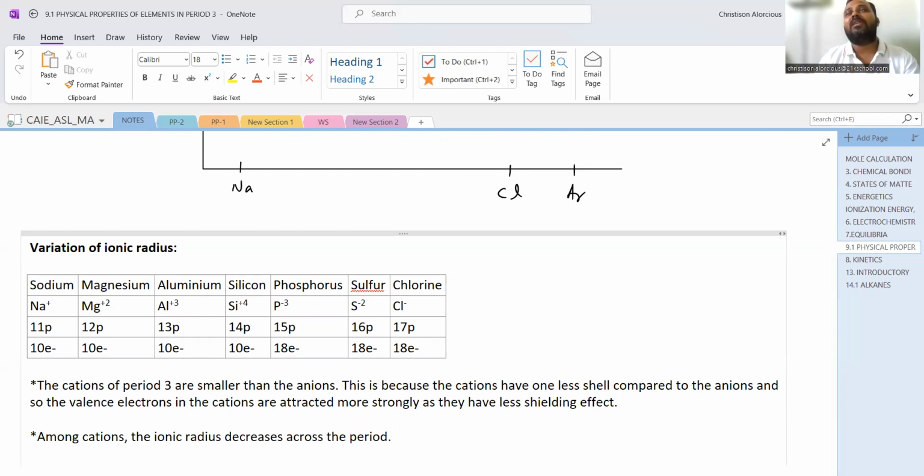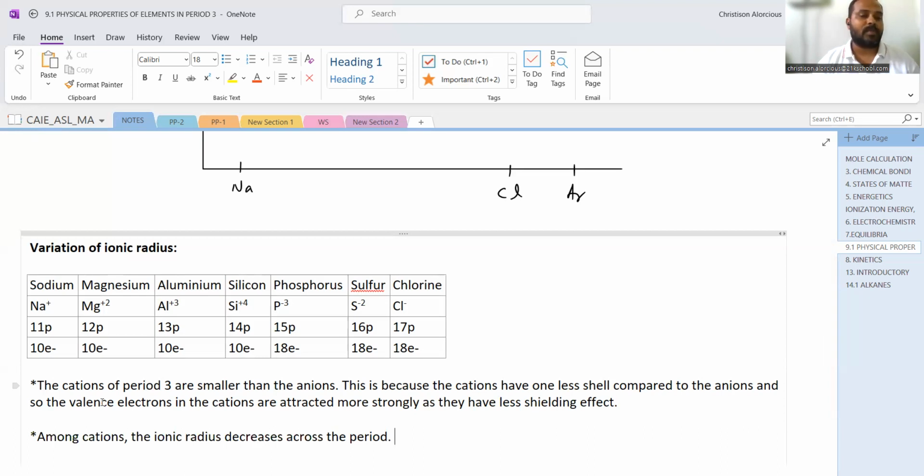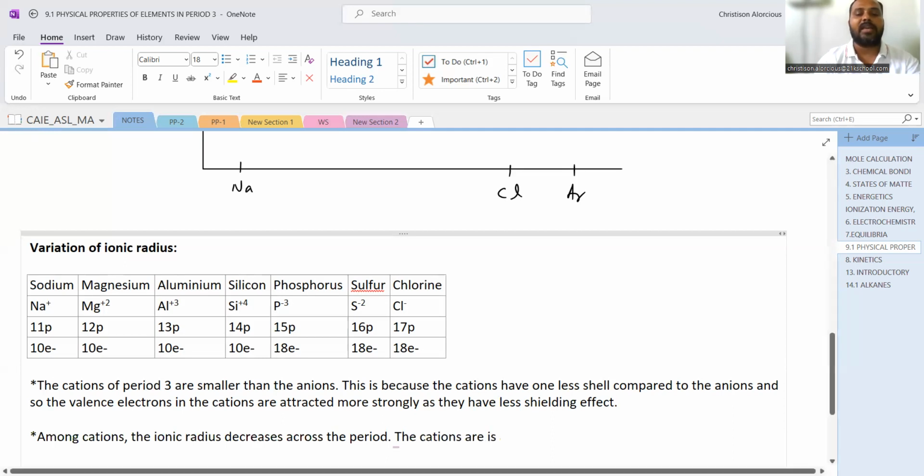Now, in the earlier discussion, we said that the atomic radius is the distance from the nucleus to the valence electron in the atom. Similarly, the ionic radius is the distance from the nucleus to the valence electron in the ion. Because all four of them have 10 electrons, you call them isoelectronic species. Iso means the same. We say the cations are isoelectronic, and as we go across the period,